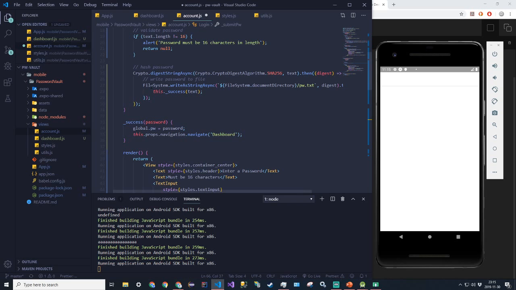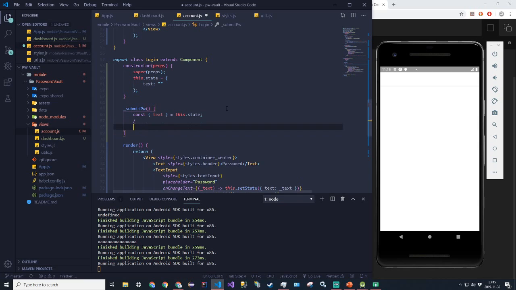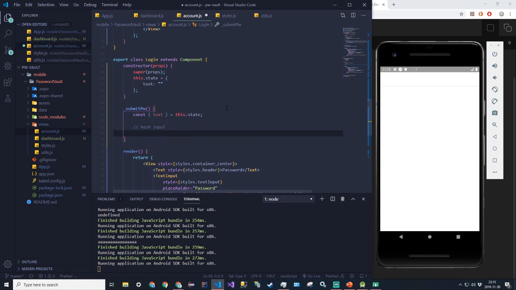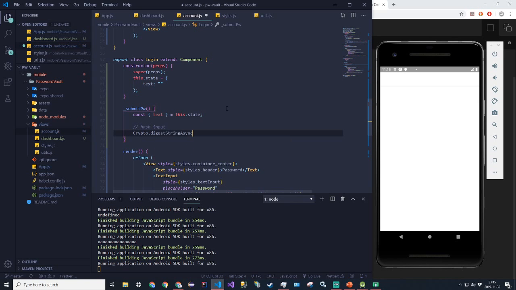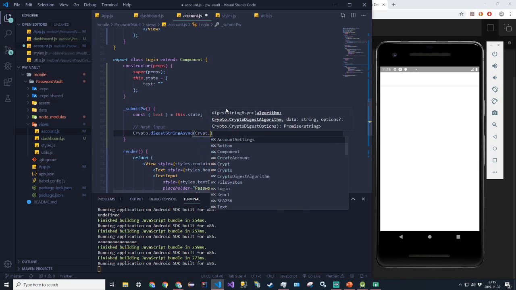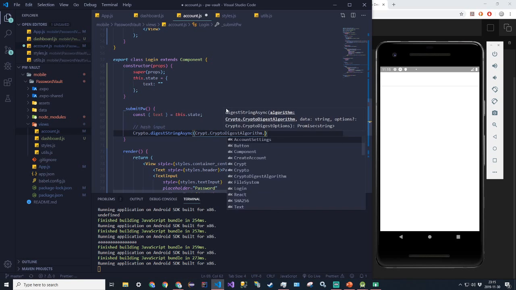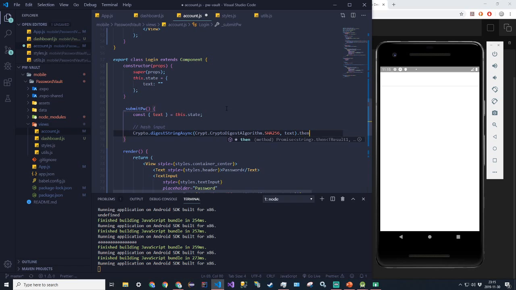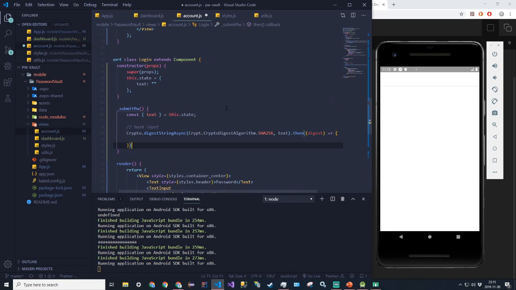Alright, so we're gonna say hash input. So Crypto.digestStringAsync, Crypto.CryptoDigestAlgorithm.SHA256, and then we're just going to pass in text, then digest as a lambda parameter, pass it in here,